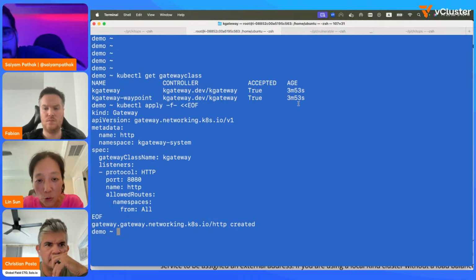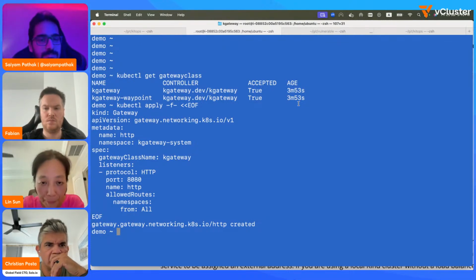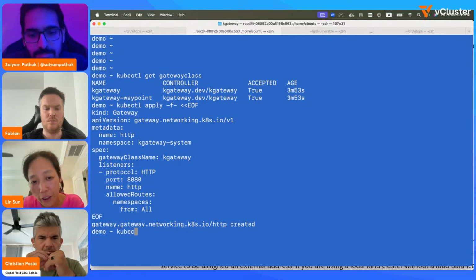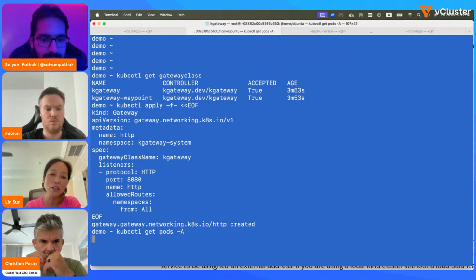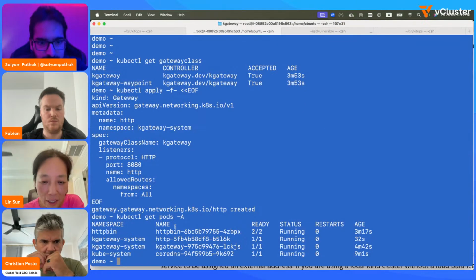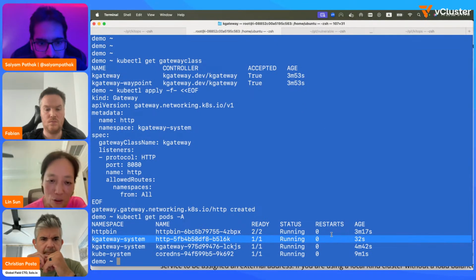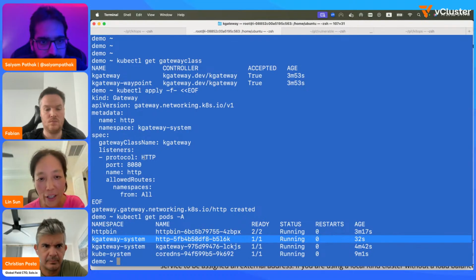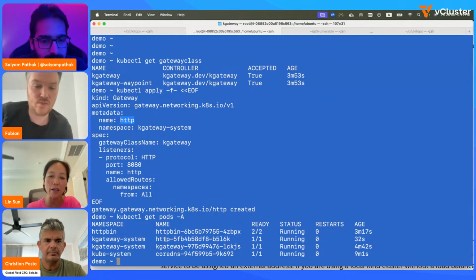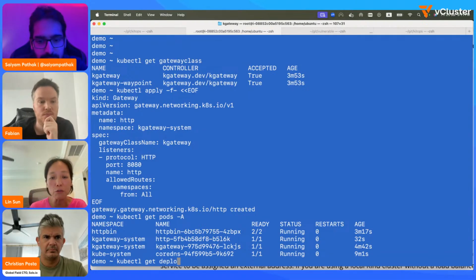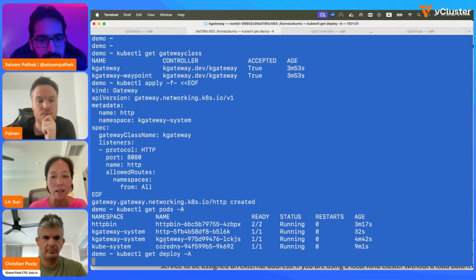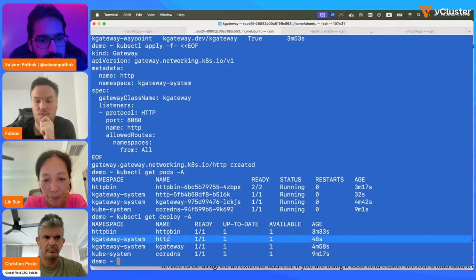Right now, if you check your deployments, you should have a gateway proxy in the kgateway system namespace. It's called http, because the name here we called it http. So whatever name the user gave in your gateway resource, we're going to stand up an Envoy proxy based on that name.